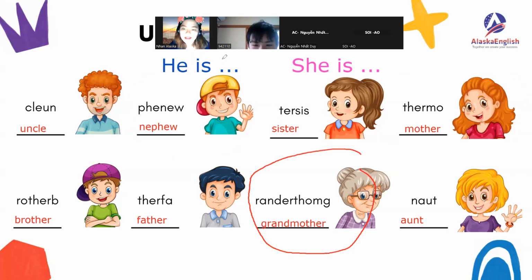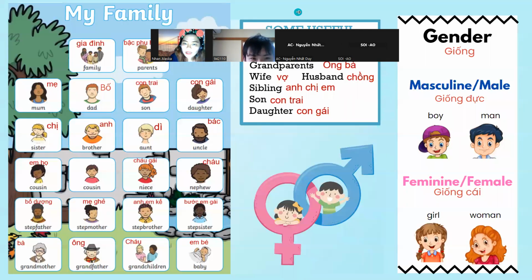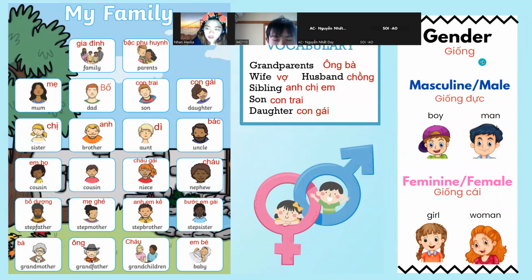Okay, so this is the basic vocabulary when it comes to family. Now, what I am going to teach you right now is about gender, or the sex preference. Of course, as we know, gender could be classified in many ways, though we are living in a modern era. We also have bisexual, and so on and so forth. But let's just focus here on the masculine and the feminine. Simply male and female, right?